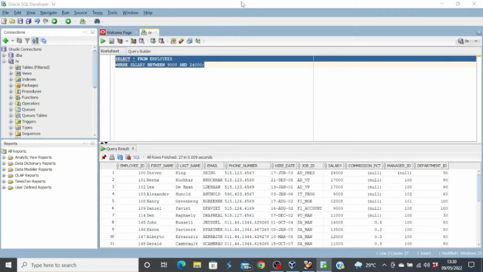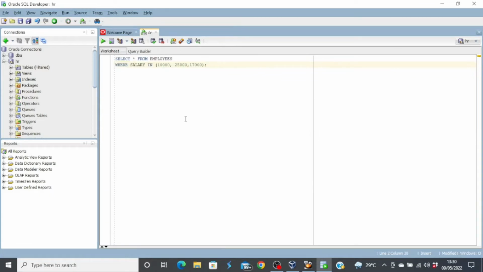Now let's look at another example using the in operator with the where clause. So if you look at the query, we have select all from employees where salary in 10,000, 25,000, 17,000. So what we're asking to retrieve is all employees whose salary falls within this range, 10,000, 25,000, and